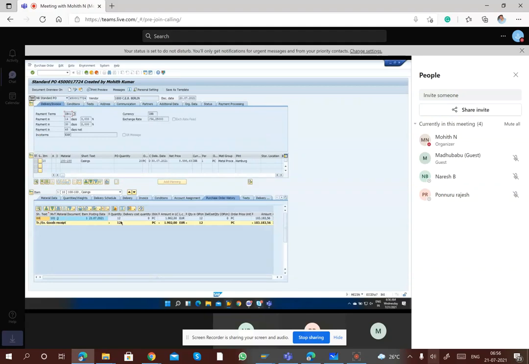Now this GR is done for 12 quantity, right? If I do 8 quantity the next time, then you will get the rest of the 8 quantity in a separate line item here. If you do invoice, that invoice also will come here. Right now we have not done the invoice. Once we do the invoice, we will come back here and check whether that invoice is coming here. So all the reference documents of this purchase order you will get here in the history. Clear?